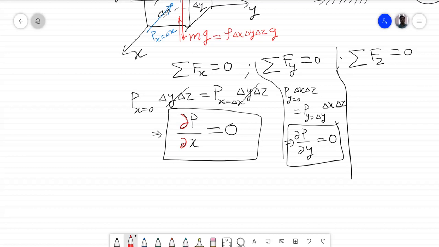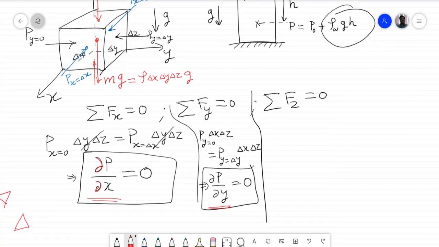Okay, which means that we are only looking at the change with x direction in this case, and in this case we are looking at change only with the y direction. So I'll call this symbol dou p by dou x. I'm not calling it del because this symbol is also known as del and this symbol is known as delta. Therefore I'll call it dou, which is a standard. Alright.